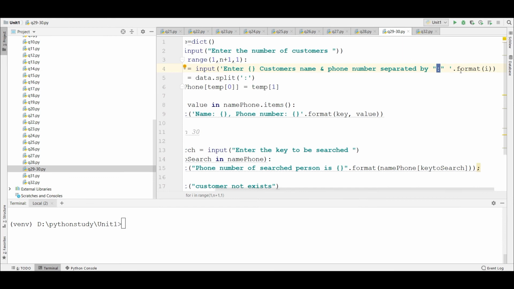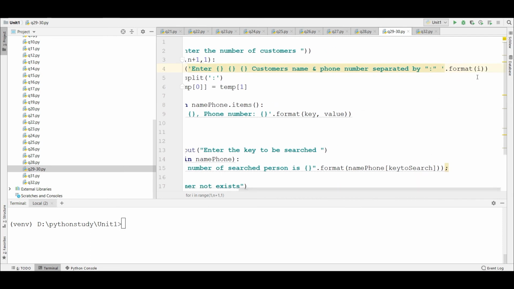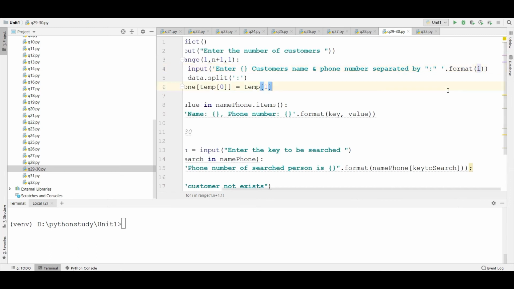Now as you can see here, I have used the format operator. Why? Because if you want to dynamically insert a value in a string, you can use the format operator. Suppose I have put braces here and provided the value i. When Python executes this line, it will replace these braces with i. Similarly, if I take two or three braces and provide comma separated values, suppose j and k, I'm just taking an example, then it will replace all the braces accordingly. So this is how you print dynamic strings in Python.